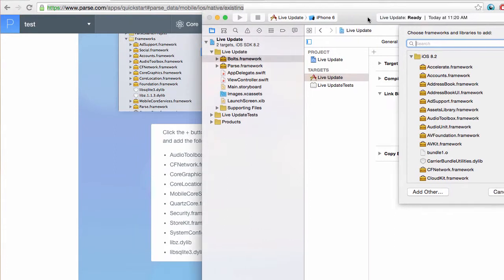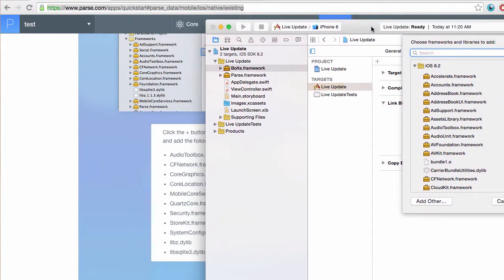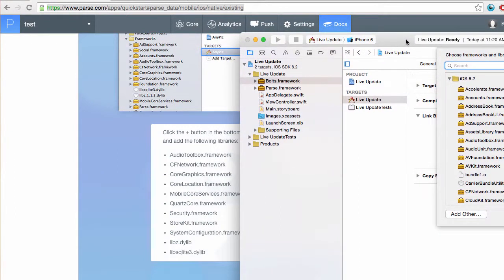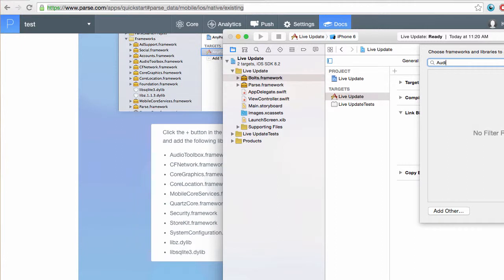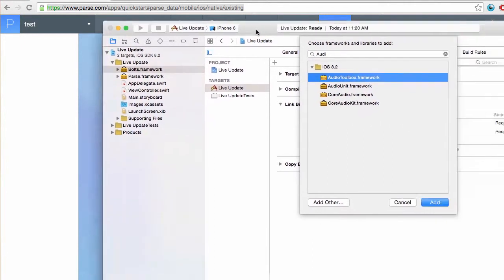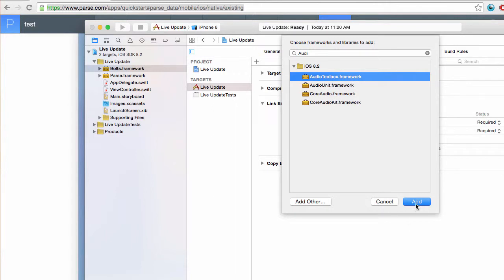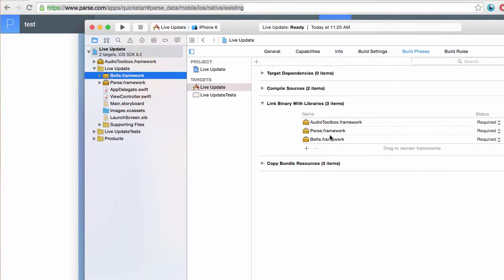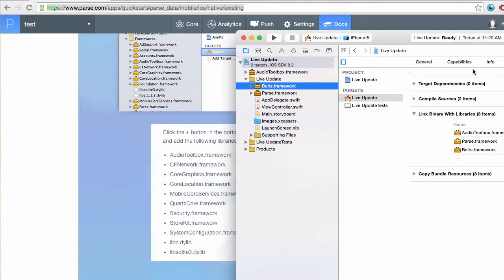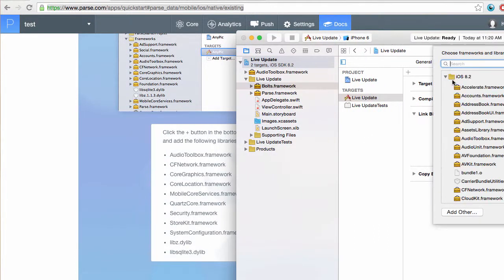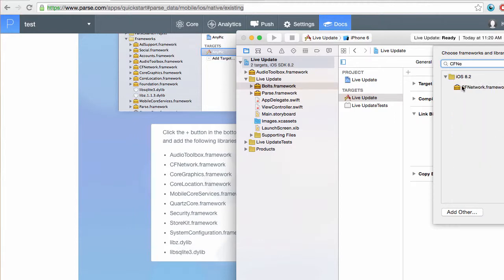I'm recording in 720p here. It's going to be a little bit hard for me to move the window, but you'll definitely be able to follow along. So I'll say audio toolbox framework, and then as soon as that is done, this add button shows up. I click add, and that dependency is added. So we just add all of these, making sure we don't miss any, or we'll get an error. So CFNetwork,